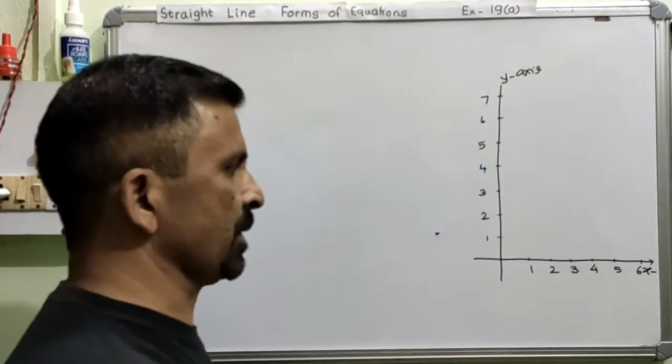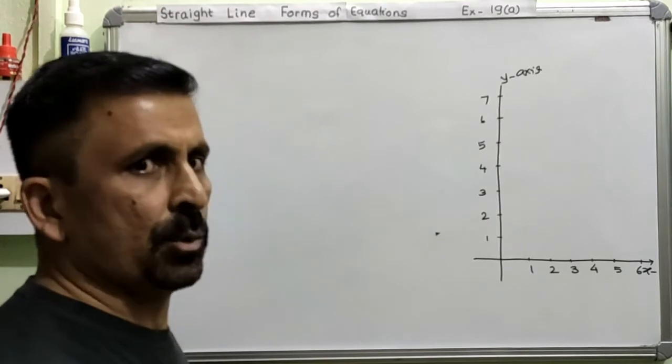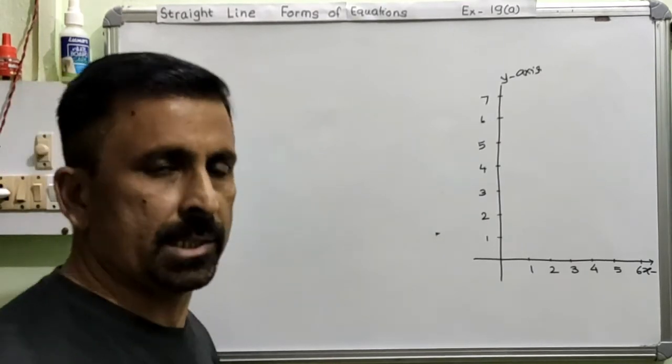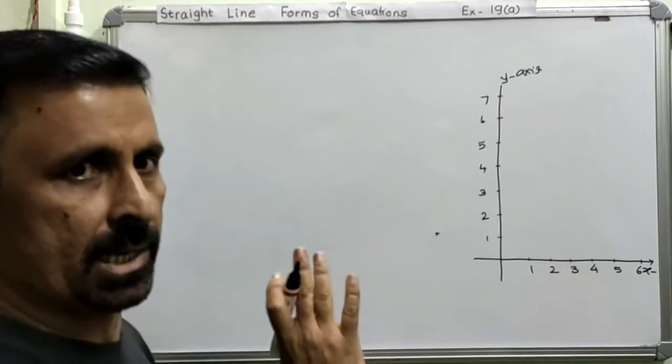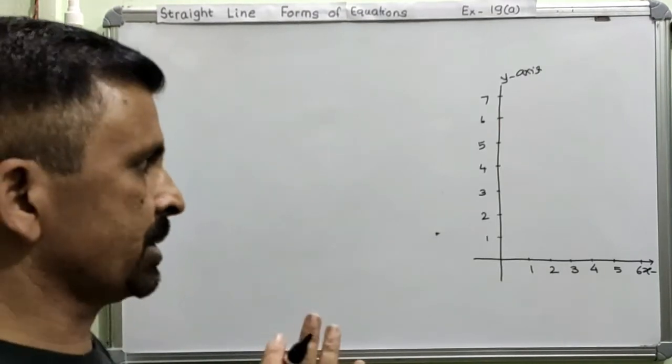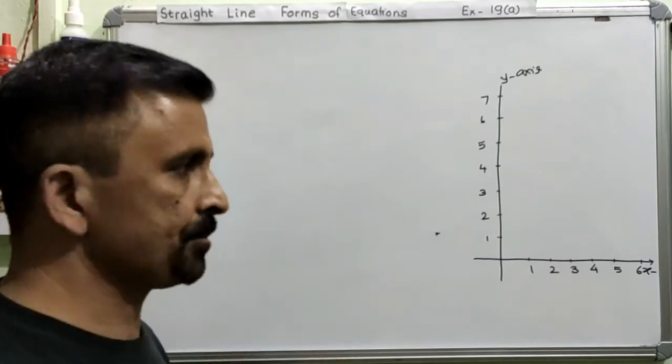Now this question number 12 is difficult to understand by reading the question. So we are trying to understand this question by drawing the coordinate plane and by plotting the points, right? We will try to understand this question through the diagram.